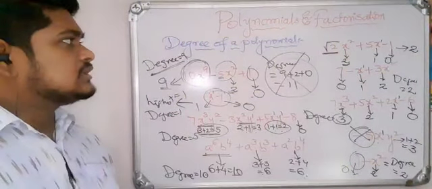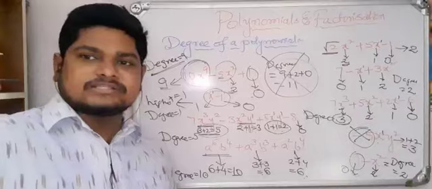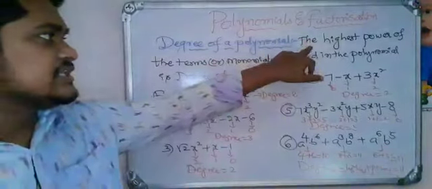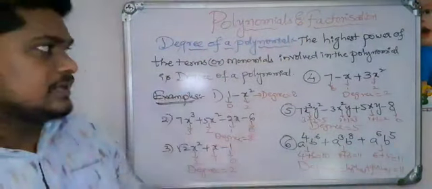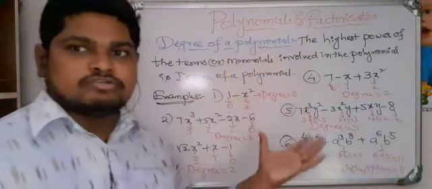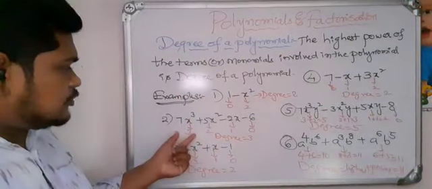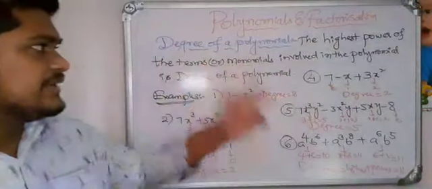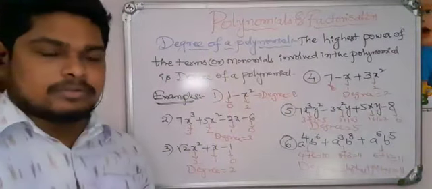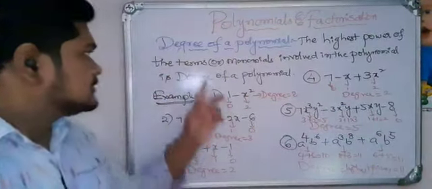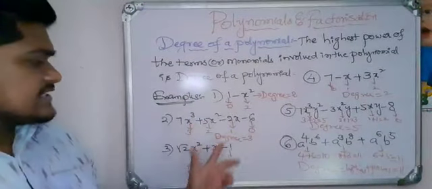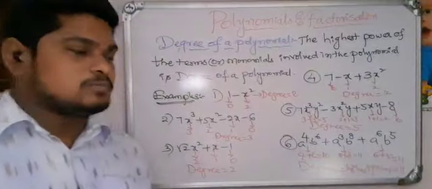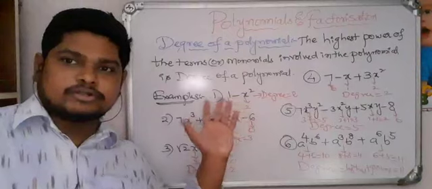We have to write clearly about the degree of the polynomials and different examples. This is about the degree of the polynomials. It is nothing but the highest power of the terms or monomials. Already before we told about the monomial's degree, how we should find. This is a monomial, this is a monomial, this is a monomial. Among those, the highest power of the monomials involved in the polynomial is called the degree of the polynomial. Monomial is nothing but a single term. That's why we wrote term or monomial. All of you noted down these examples. In total I gave 6 examples, all of you noted in your notes.